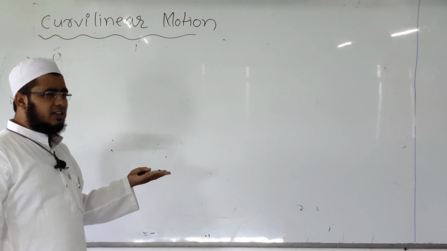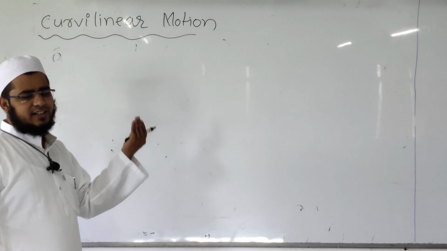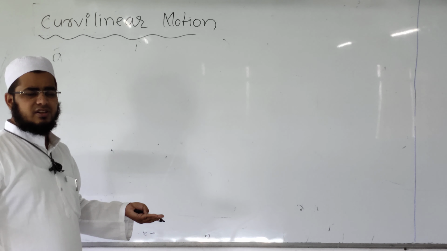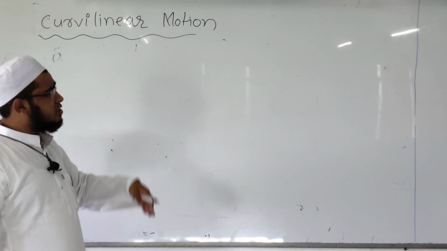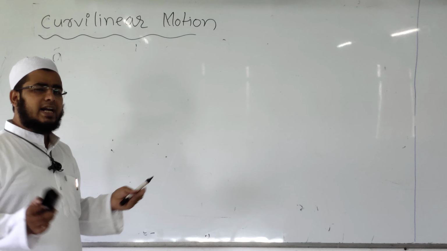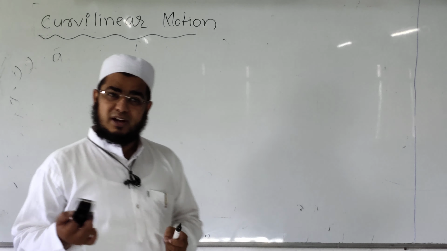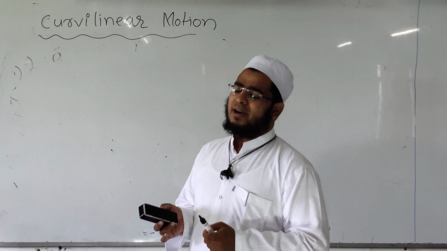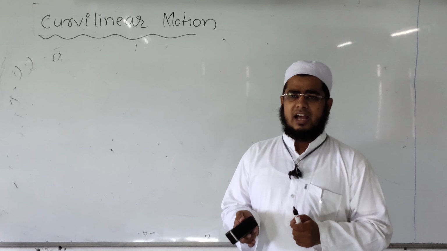If velocity is given and displacement is required, then I will integrate the velocity equation, so I will get displacement. In reverse, if displacement is given in the x and y direction and we need to find the velocity in the x and y direction or the magnitude of velocity, then I will take